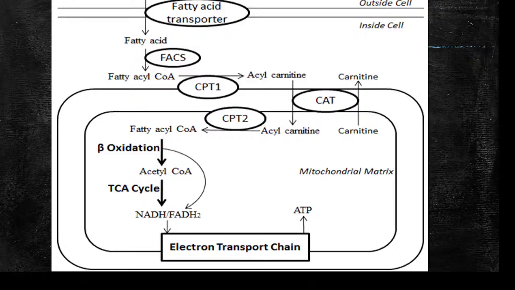Once we eat food, the triglycerides are converted into fatty acids, and these fatty acids enter the cell by a specialized transport mechanism, with the help of a fatty acid transporter. This fatty acid is converted to fatty acyl CoA by the action of the fatty acyl CoA synthase enzyme. Fatty acyl CoA is not permeable through the mitochondrial membrane. From the cytoplasm it has to be carried into the mitochondria. That is done by